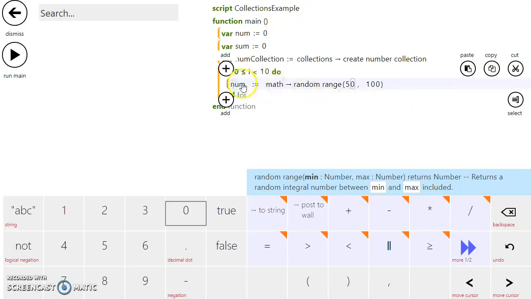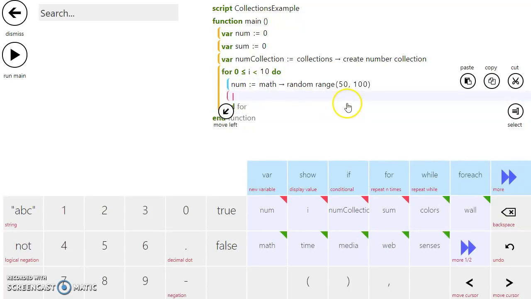So random range, and we'll do from, let's say, 50 to 100. That works. So we're going to assign our global variable num a random number in the range of 50 to 100. And now we want to actually load each of these 10 values that we're going to create. So each time through the loop, we're going to create the random number, and then we're going to add it